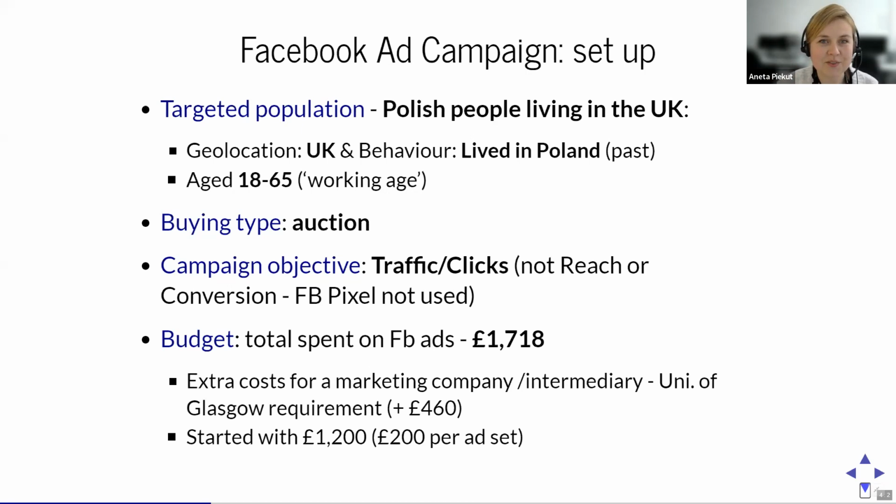This has pros and cons discussed in the seminars before, so we can also touch up on it later in the discussion. Overall, we spent almost £2,200, including a fee we had to pay to a marketing company, because we use the University of Glasgow Facebook, which is managed by this marketing company. So it took some of our budget for the ads. But for the ads itself, we spent